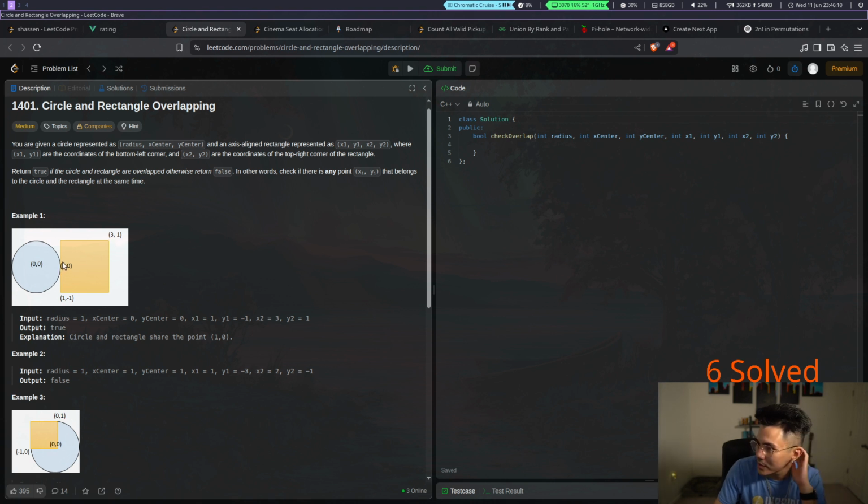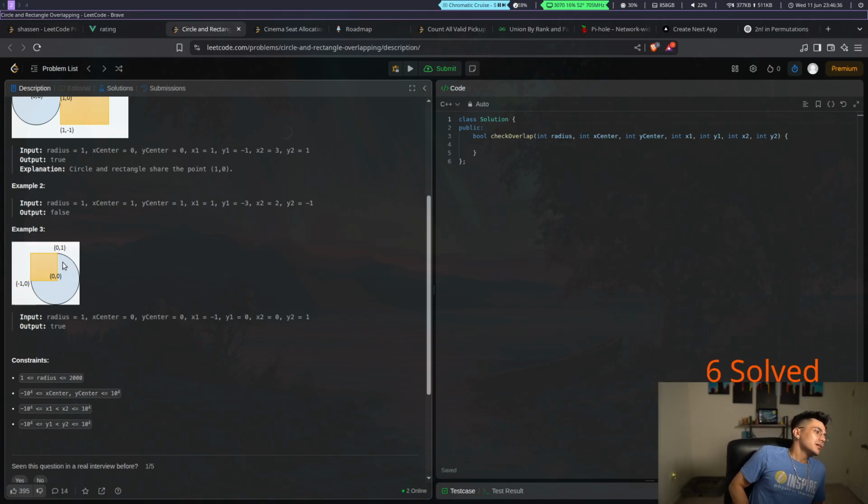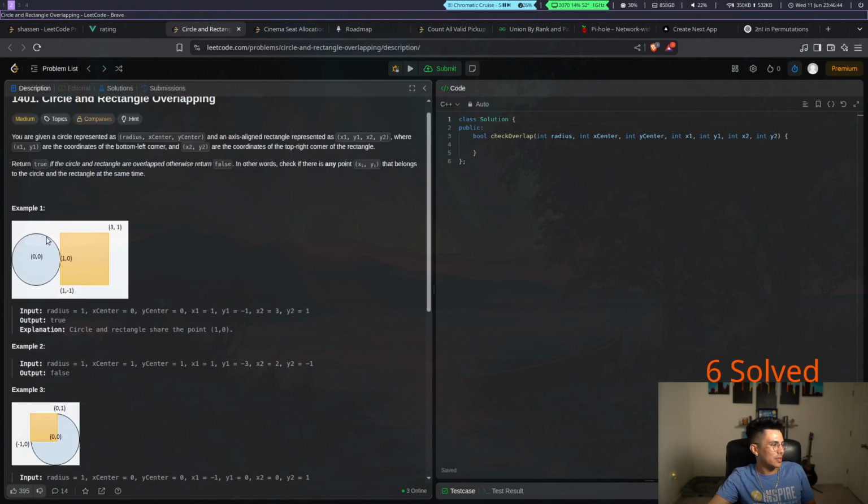How do you get 1, 0 here? Because the closest point here is 0, 0 for this rectangle. So I want the closest point from the center of the